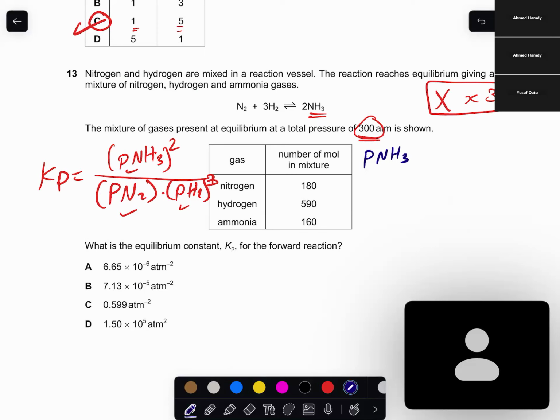The mole fraction equals the number of moles of the substance over the total number of moles. Here the number of moles of ammonia is 160 over the total, which is 160 plus 590 plus 180. This one times 300 equals